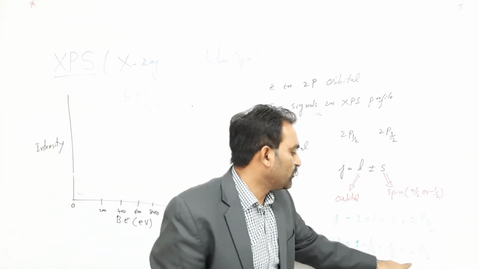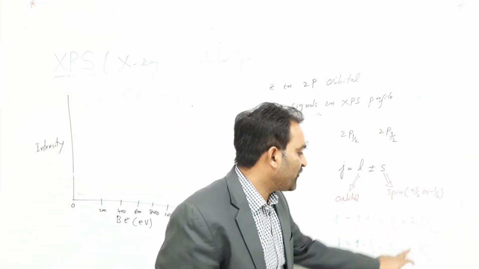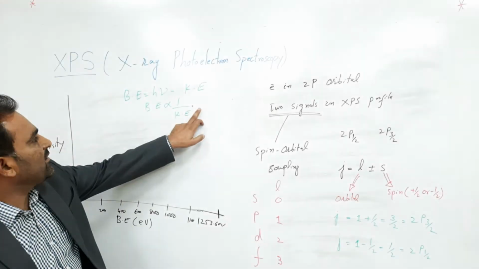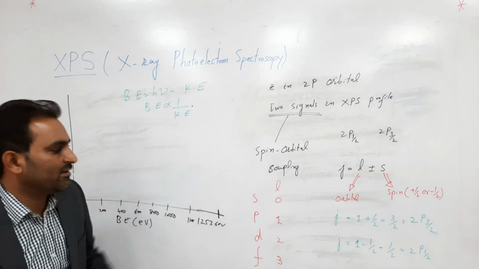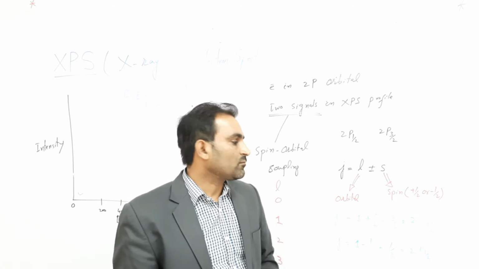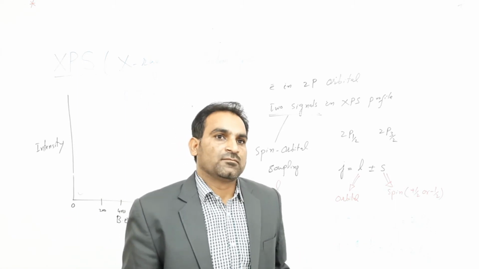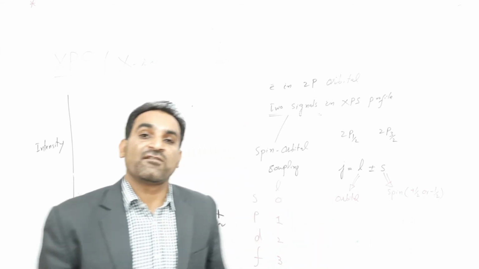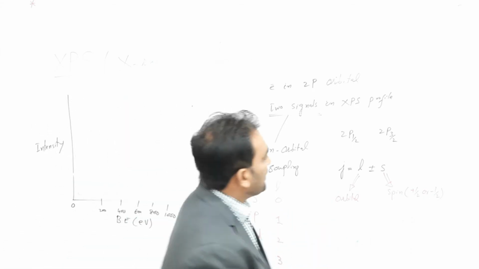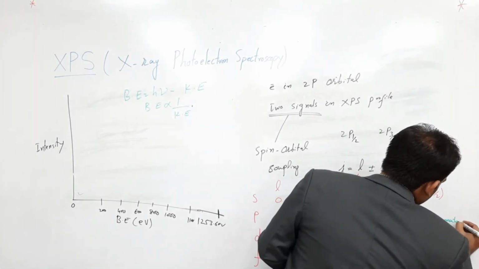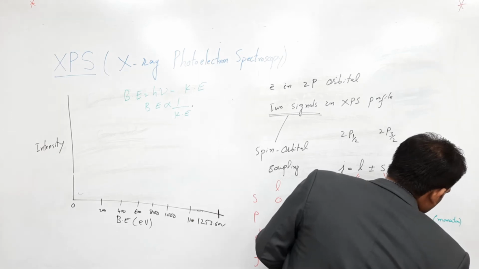Suppose in these two particular cases, in which case do we have higher kinetic energy? For higher kinetic energy, we will come up with lower binding energy. These J values actually deal with the momentum, the spin orbital momentum. If the J value is higher, the momentum will be higher. Higher J value, higher momentum. Lower J value, lower momentum.